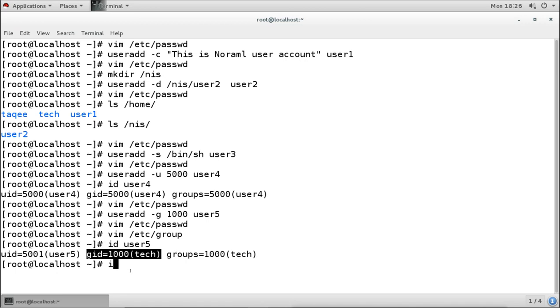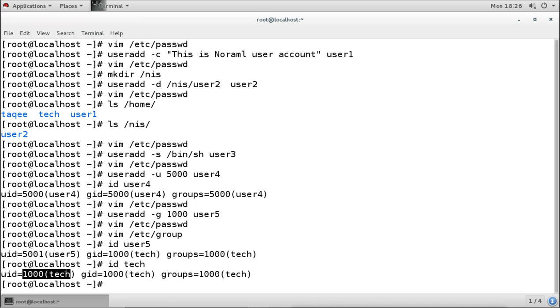So this group is now the primary group for two users, so we can have multiple primary members for a particular group. We can do that by changing the group ID when we are creating the user account.